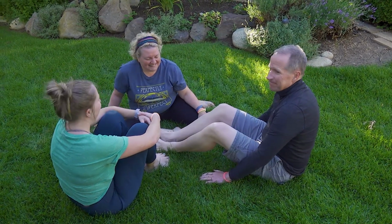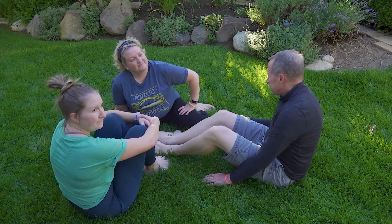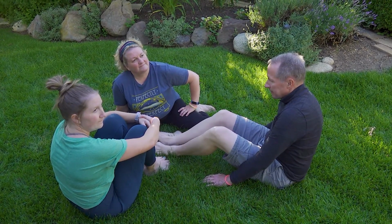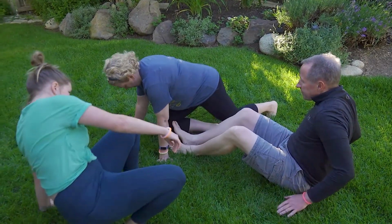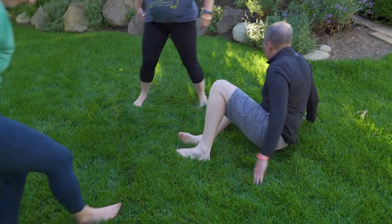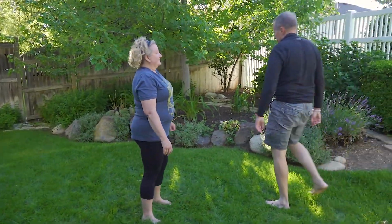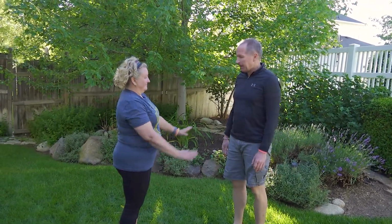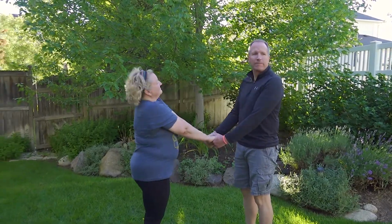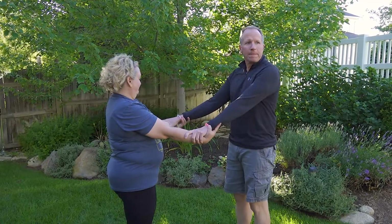That was so good. Okay, so our next one, I would like to start off with partners to show. It's called Friendship Bridge. And then we can do it with 3 people, but I want to demonstrate with 2 at first. Okay, so this one really relies on your strong back, and you're going to be holding hands, so go ahead and hold hands. And maybe actually hold each other's wrists like this. There. And now lean back